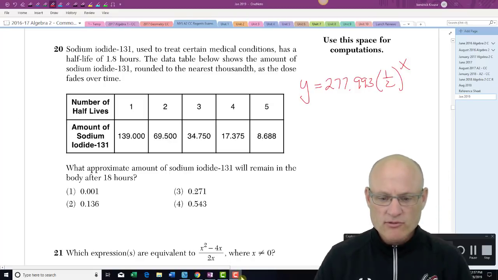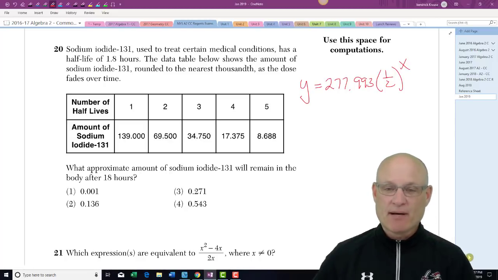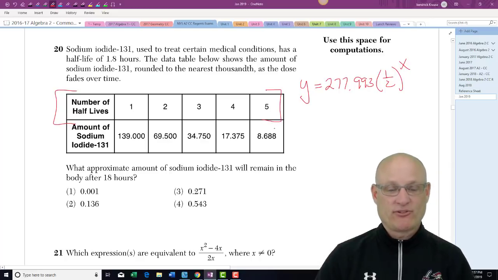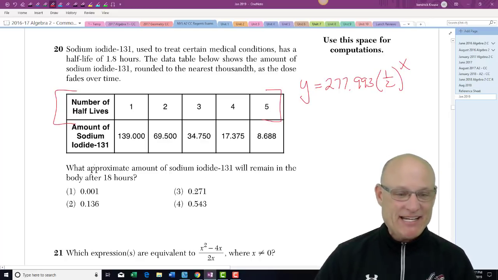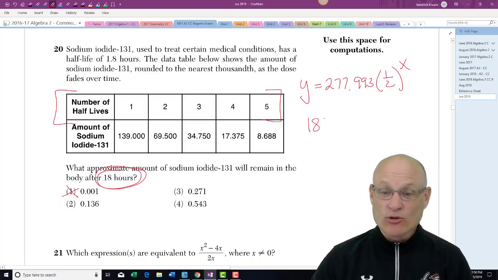I must have something wrong. Sorry, I screwed up. I forgot about this. This represents the number of half-lives. 18 is the number of hours. I almost screwed up and picked that first choice. Boy, that was a tricky one. But 18 hours